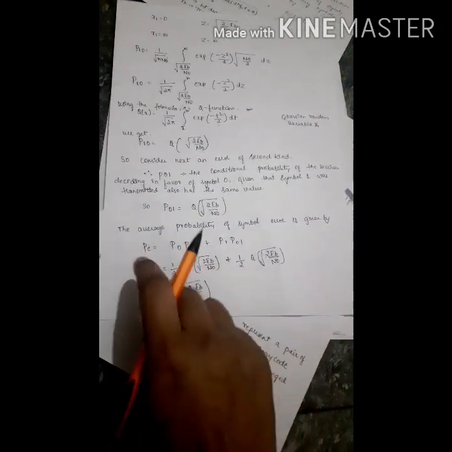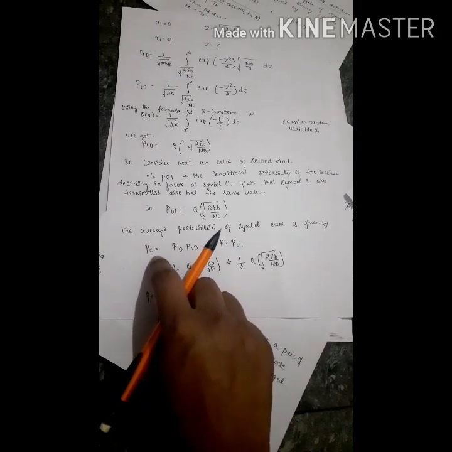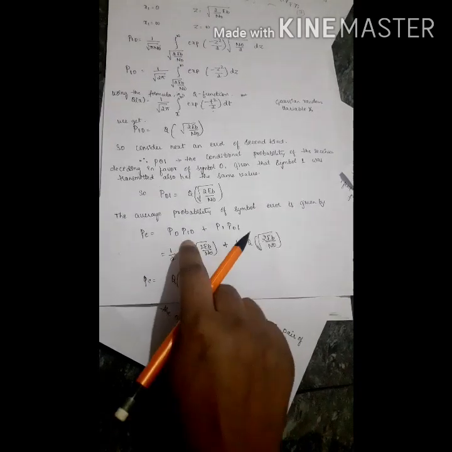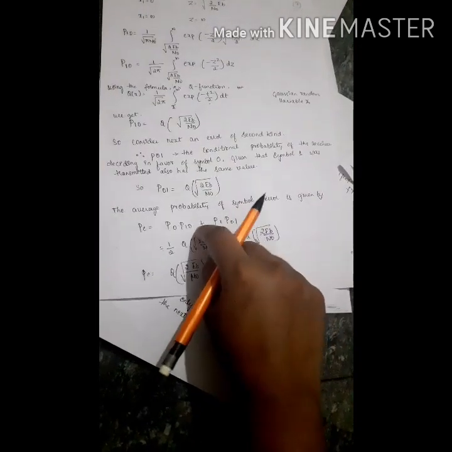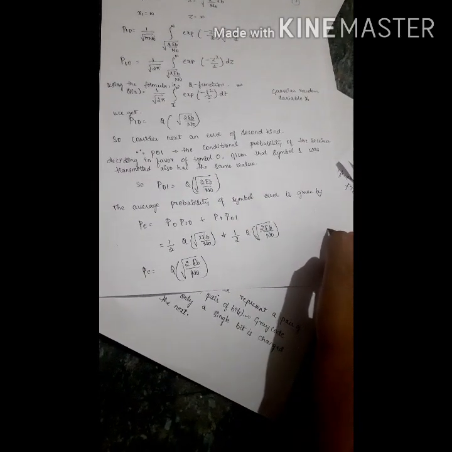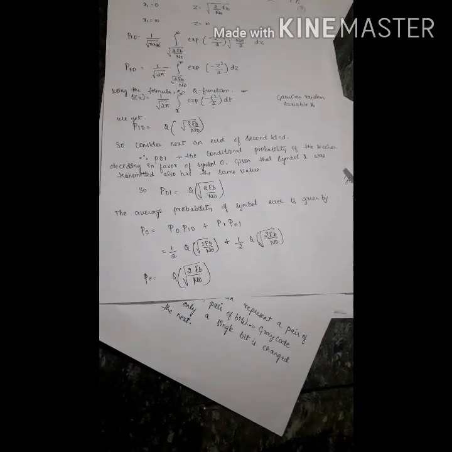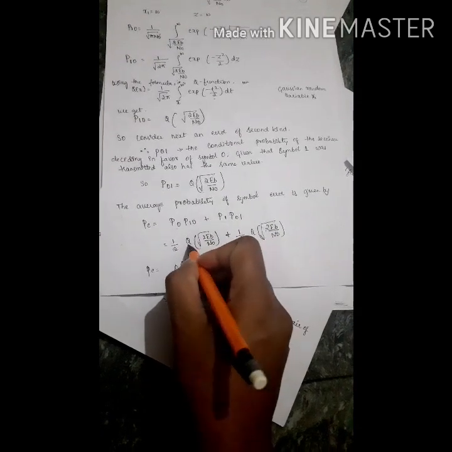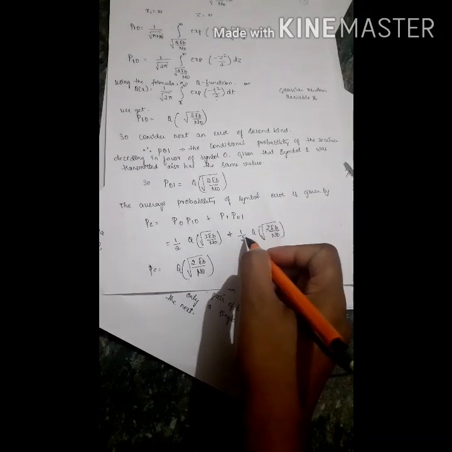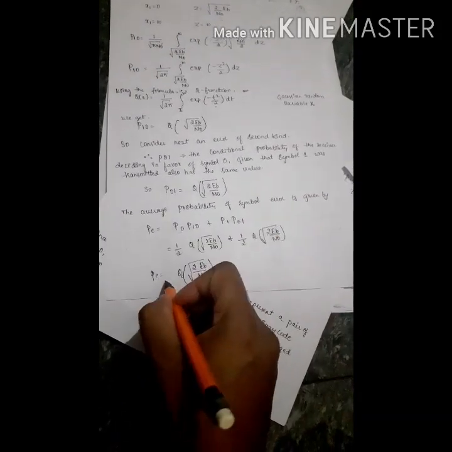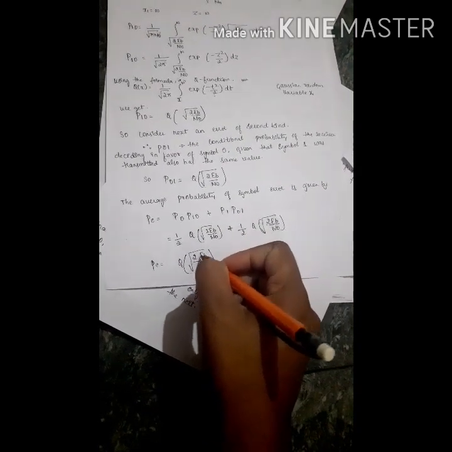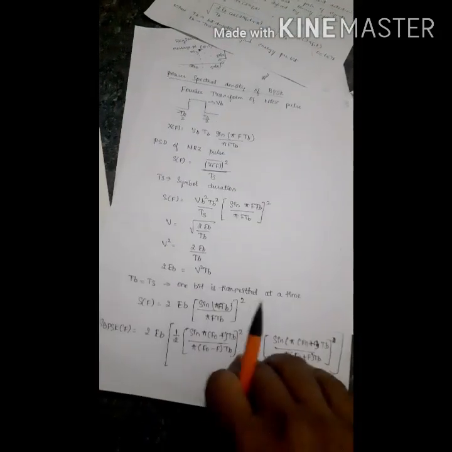The average probability of symbol error, Pe, is equal to p0 into p10 plus p1 into p01. The probabilities p0 and p1 are each 1 by 2, and 1 by 2 plus 1 by 2 is 1. If we add the probabilities, the total should be 1; this is the general concept of probability. So we get 1 by 2 into Q of square root of 2 Eb by n naught plus 1 by 2 Q of square root of 2 Eb by n naught, where the half and half together make 1. We get Q of square root of 2 Eb by n naught only. And the next concept is